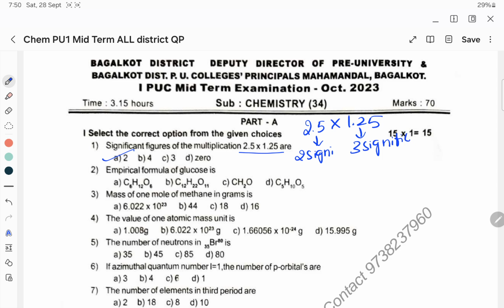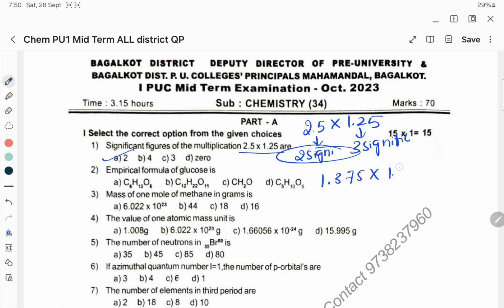Okay. Now, whichever has the lowest significance, you will get that whenever you multiply. That is your correct answer. Now, this 2 is the correct answer for this value. One more example I will take. Let us take